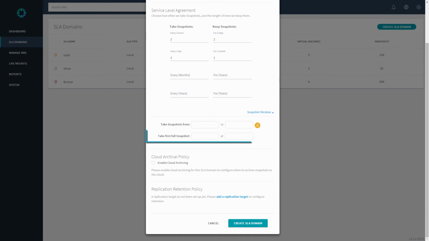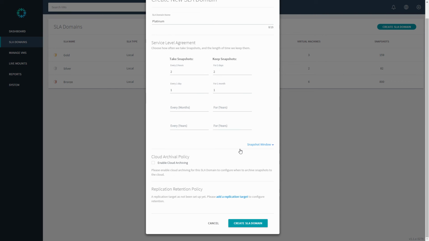The next field that says Take First Full Snapshot sets a specific date and time to take the first full backup. This is when Rubrik has to ingest the entire set of working VM data. And that may take a while, so you may decide to run it at a specific time. But subsequent backups use VMware's Change Block Tracking, or CBT, and should be much quicker. I'm going to go ahead and hide the snapshot window because we won't use it here,